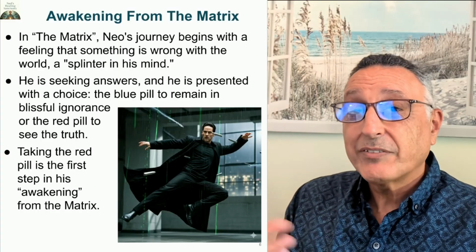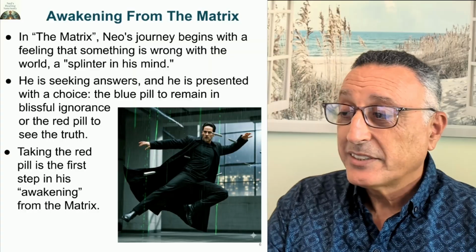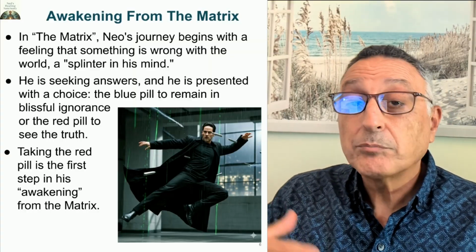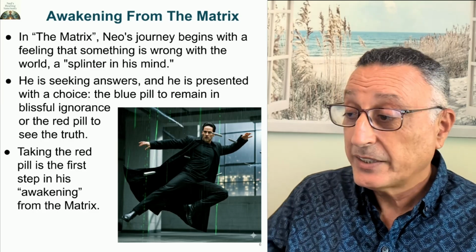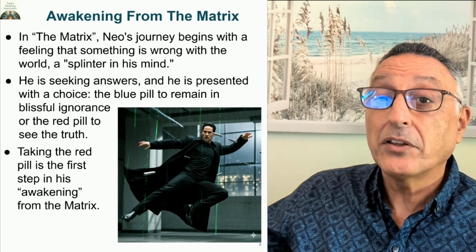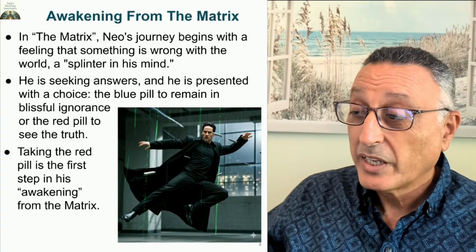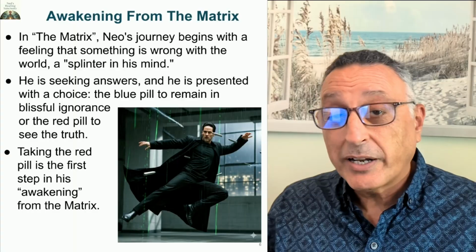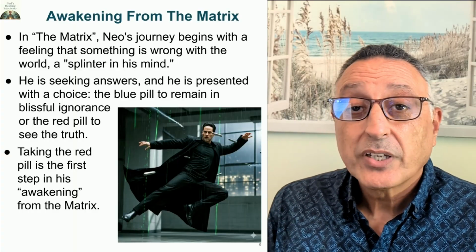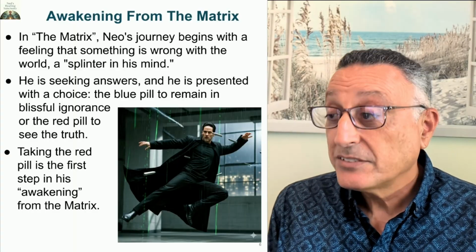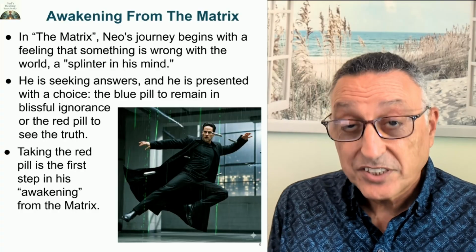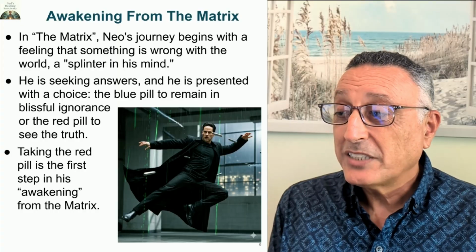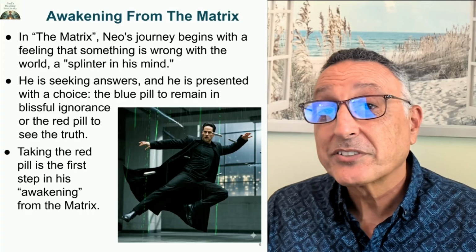So he started having doubts. And there are others that have awakened before him. So they unplugged from the matrix and they're now outside of the matrix trying to find others that they can help awaken. They discovered that Neo was having doubts. They were able to monitor the matrix and see his brain waves and see that he was doubting the reality that he was being fed. And so they decided to meet up with him in the matrix.